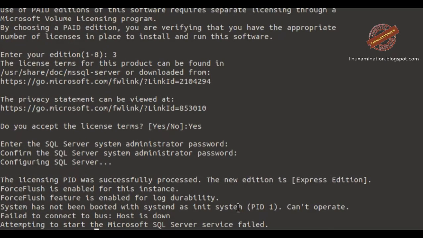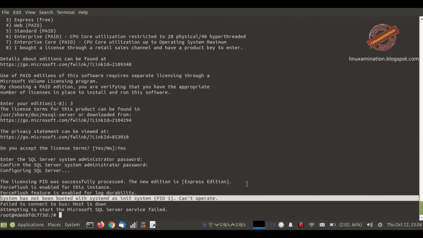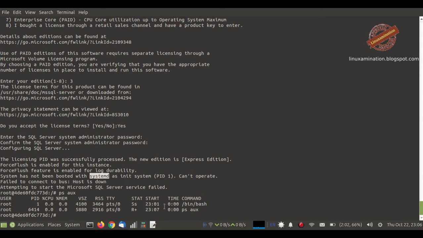Now you can see this is the same error, that's why you are here. And the mistake I made was that when I launched the container I used the command bin bash. You can see the PID1 command is showing bin bash because I launched the container using this command, and the error shows it was expecting systemd as PID1. So that was the first mistake I made while launching the container.